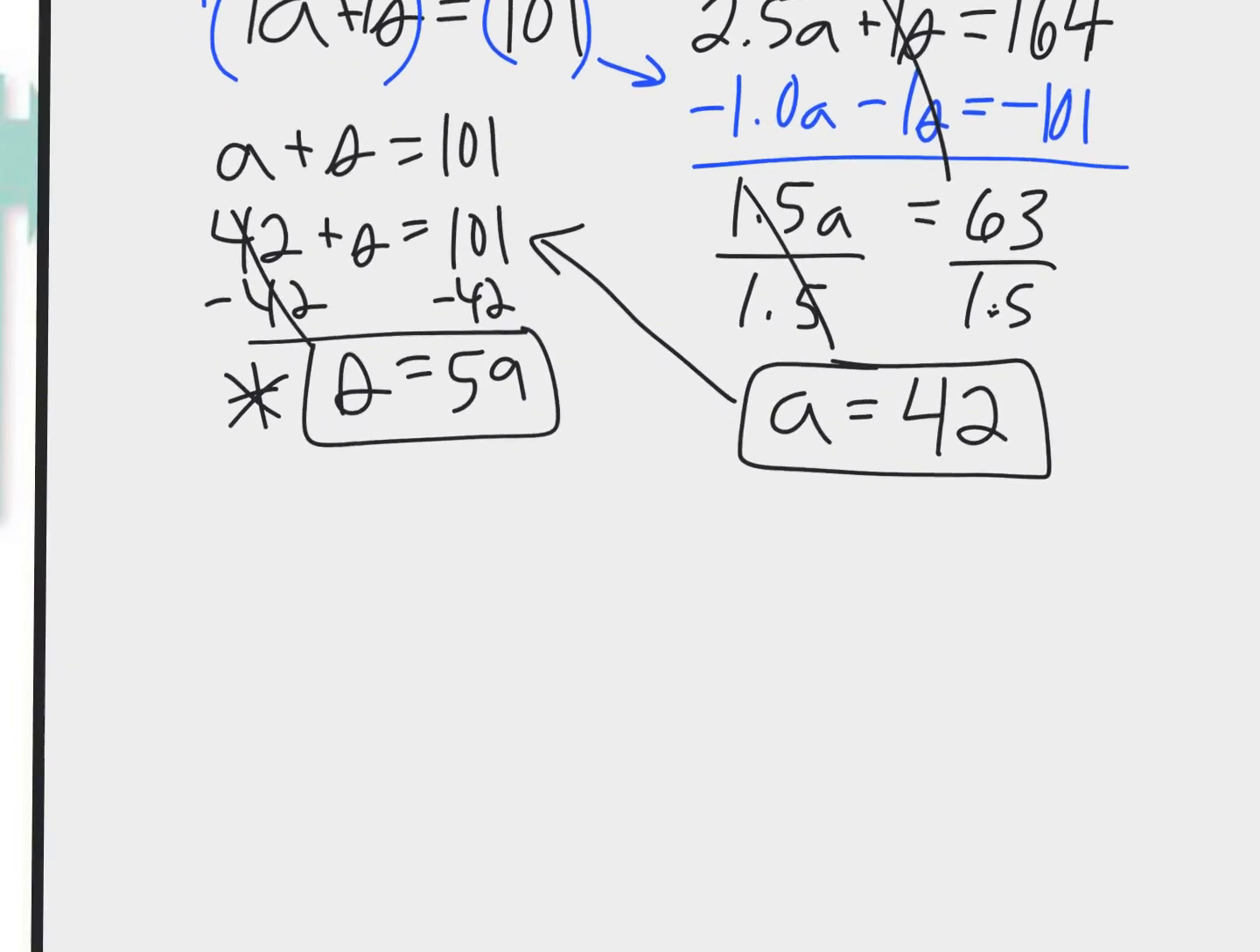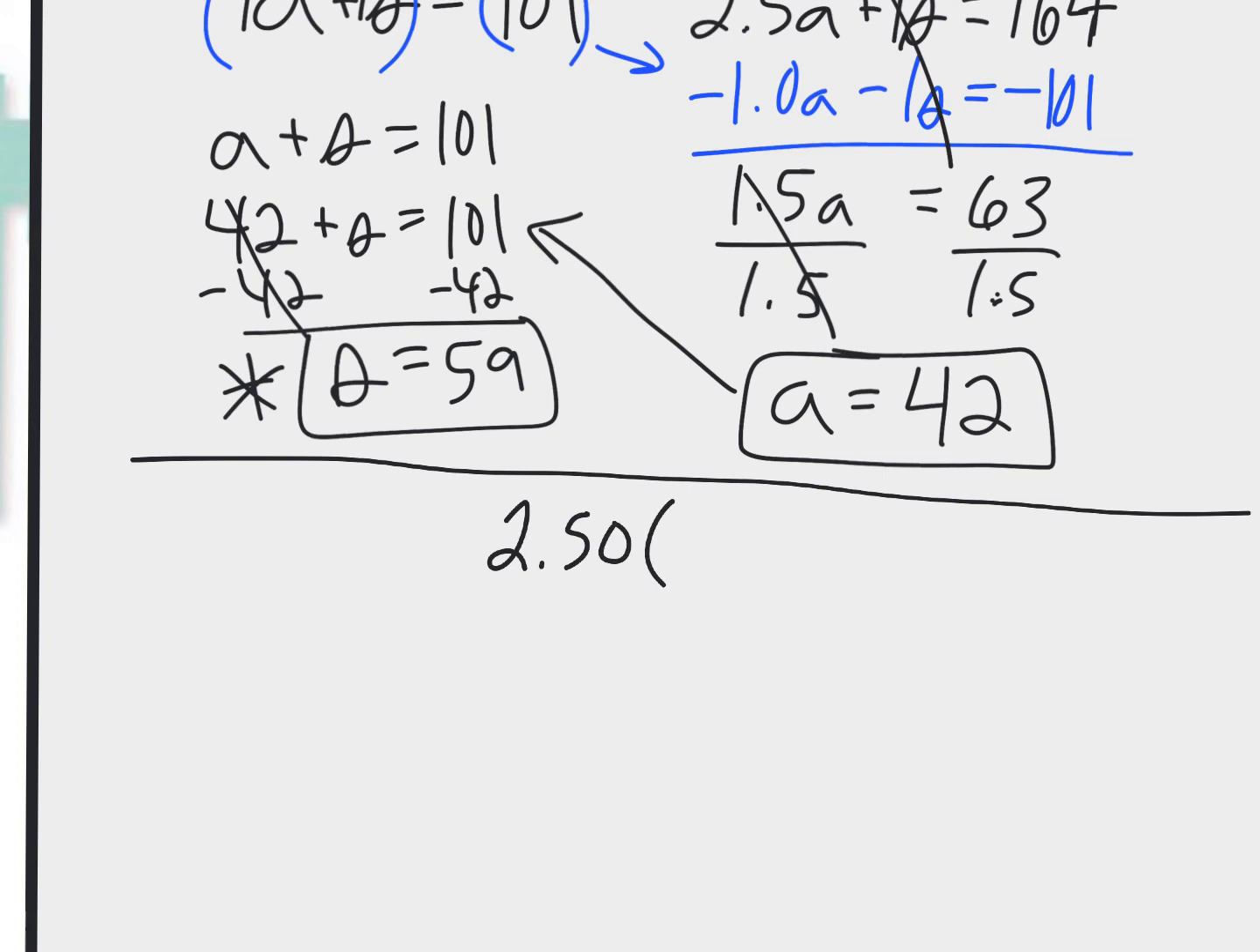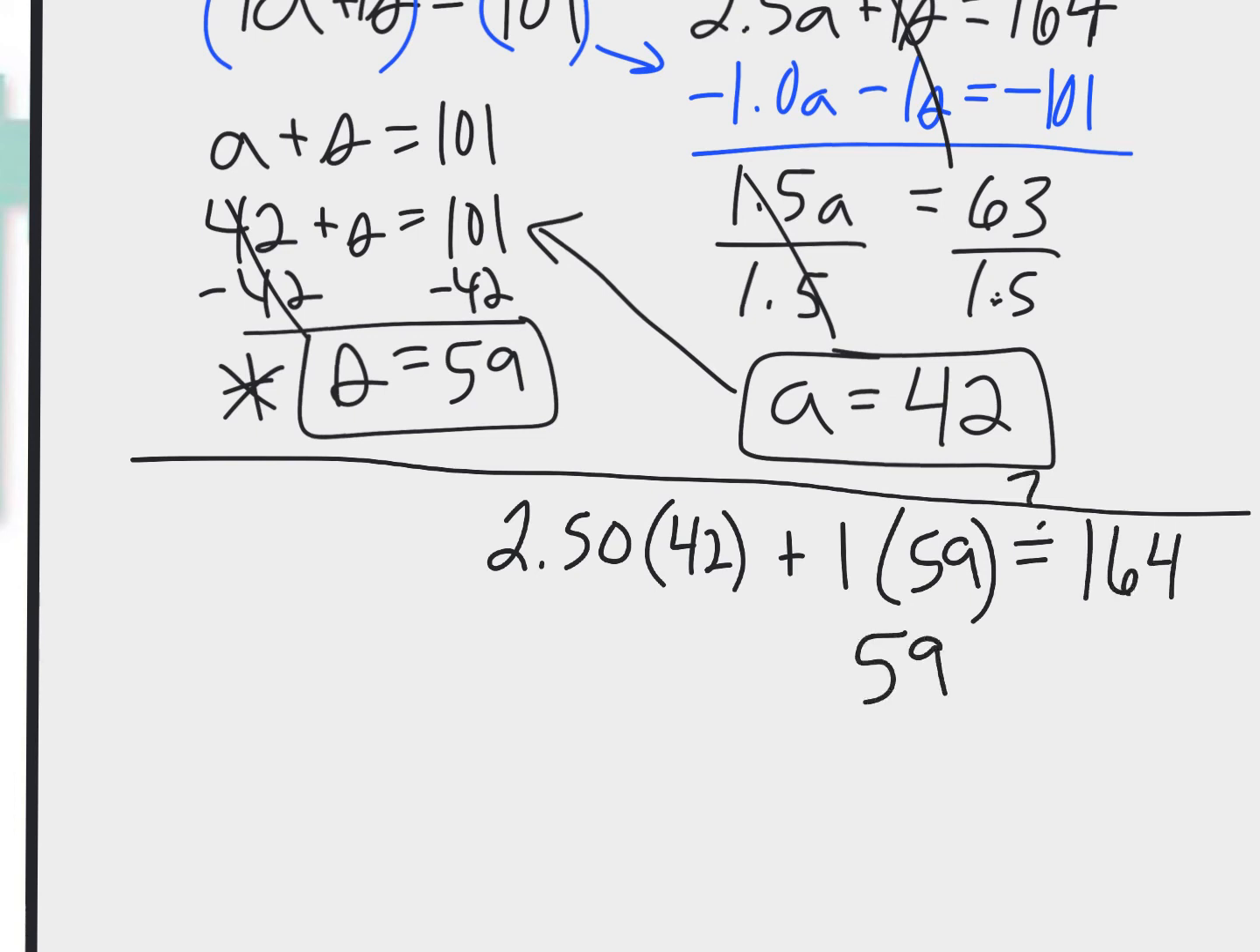Now, like we've talked about before, if you have time, I would definitely check this with your equation for the cost. So if we say it was $2.50 for the adult tickets and we had 42 of those, it was $1 for the student tickets and we had 59 of those. Does that equal $164? Okay, and we could work this out. This is 59, and then this should be the remainder of that, so it should be 105